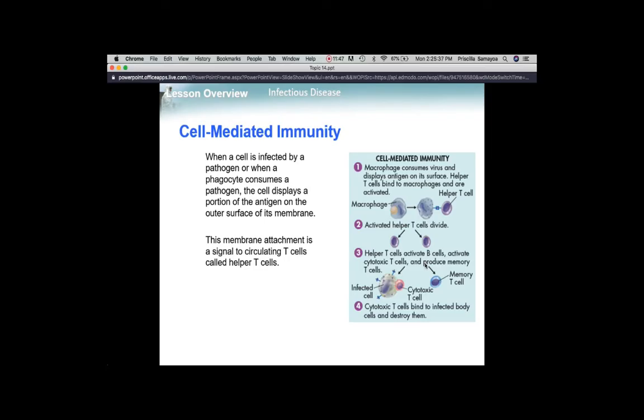It has more to do with macrophages. The macrophages are just these fat, giant cells that will come around and swallow the antigen. Once it swallows the antigen, it will release a signal on the surface to let your T cells, which are cytotoxic cells, know that something is wrong with that cell. Once it starts the division of cell,